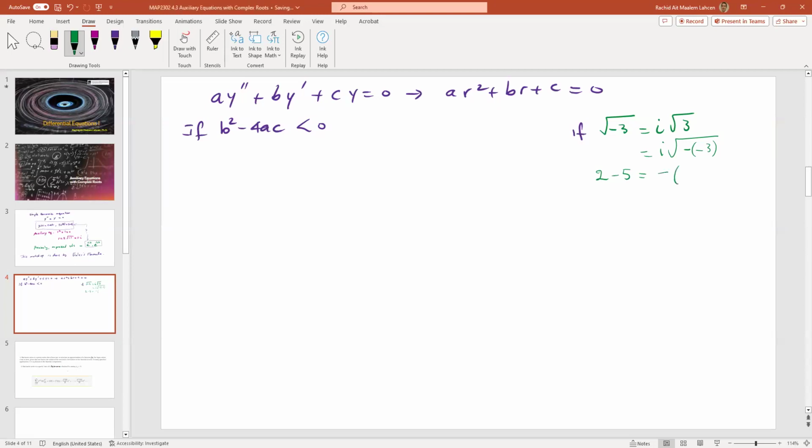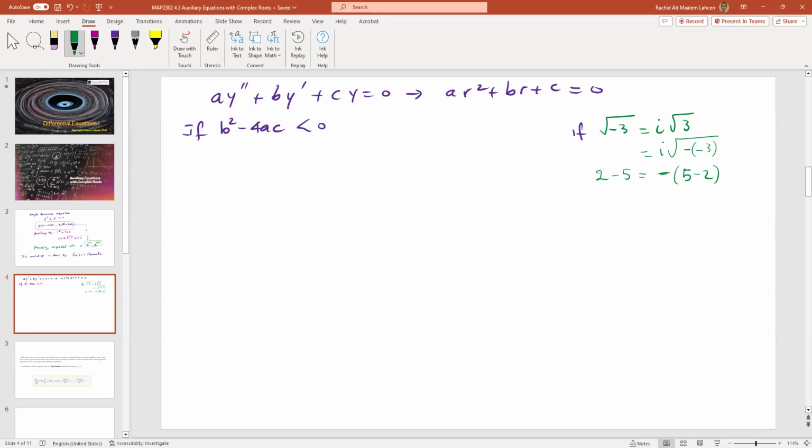I just need to do this, because 5 minus 2 is positive, and here it's negative. Now it's negative, right? So if I have b squared minus 4ac, let's give it an example